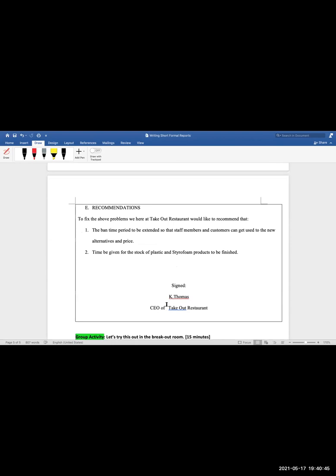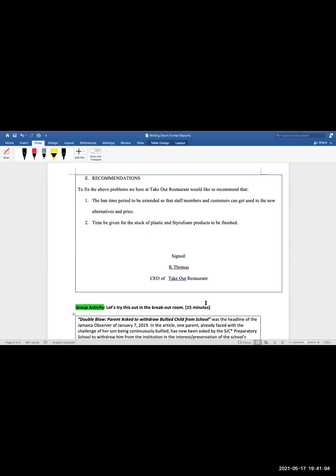Usually when you sign it, you're supposed to put your name below because this is going to the executive director who does not know who K. Thomas is. So you write K. Thomas, then below, if it's Kerrine Thomas, you put Kerrine Thomas, CEO of Takeout Restaurant. Fair enough, guys? Make sense? Yes, sir, it does. All right, let's look at another example